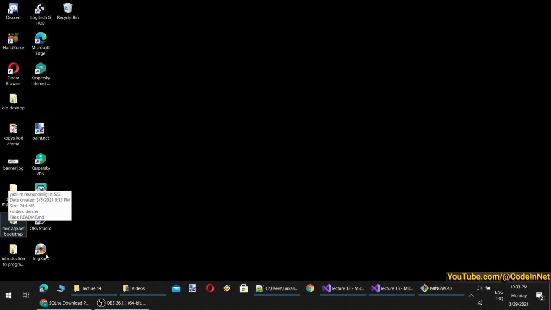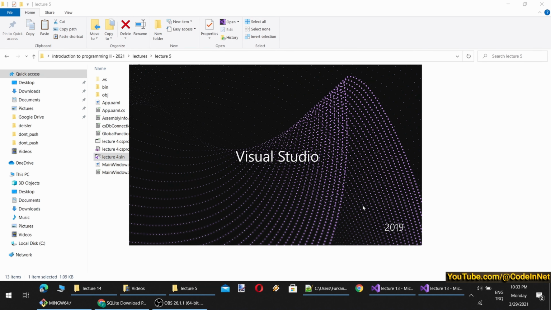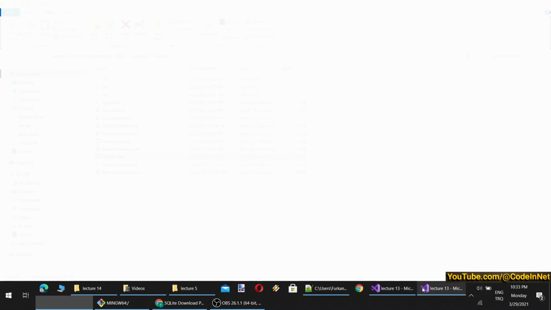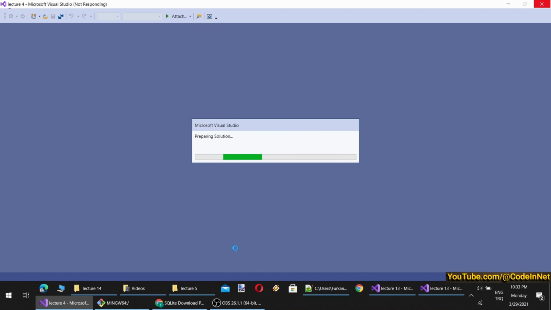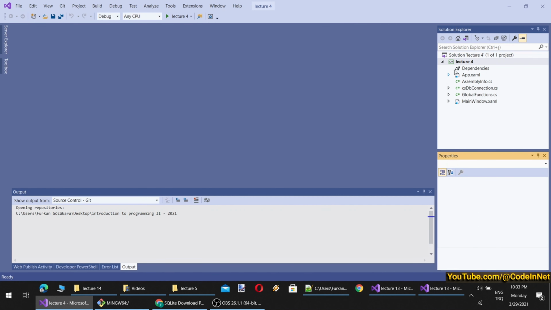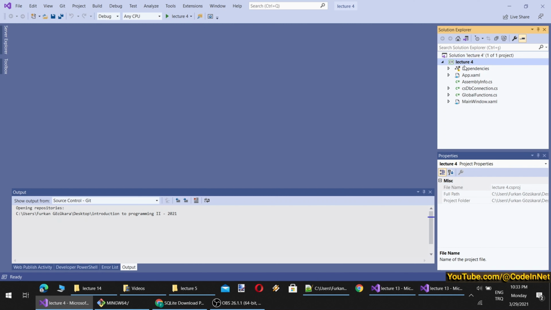To do that, I will start with copy and pasting our lecture 4 code so we can continue on it as lecture 5. Okay, let's open our application. By the way, if you wonder what are these two, they are lecture 13 and lecture 14 from our previous semester from object-oriented programming, and I will show you Entity Framework after SQLite. Therefore, I have opened them. Okay, so let's rename this. It's better to rename projects. It won't rename everything, but it's still better than nothing.